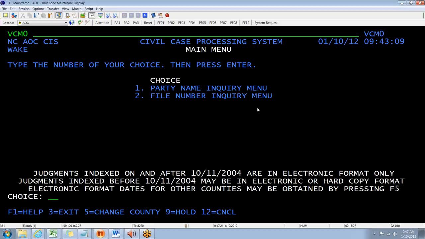On the screen here, during this presentation, I'm just going to briefly go through how to search by party name as well as file number. The AOC allows you to search two different ways, party name and file number, as I did briefly mention. So first we'll just do party name. Let's pretend that we were going to go in and search a client of yours. So let's just do choice one,